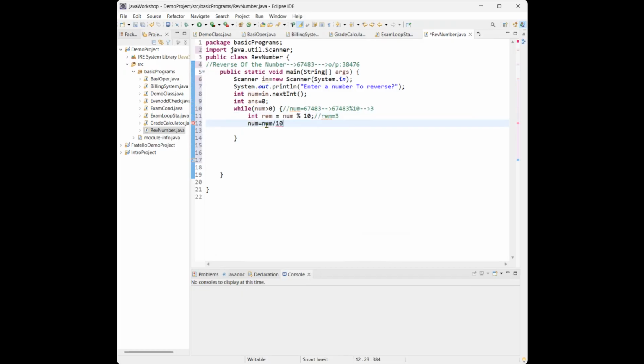Okay, so whatever the num we have, like 67483 divided by 10, it will give you only the quotient. Means, see here, when you use the modulus, it will give you the reminder. But when you use this slash, which is nothing but divide, it will give you the